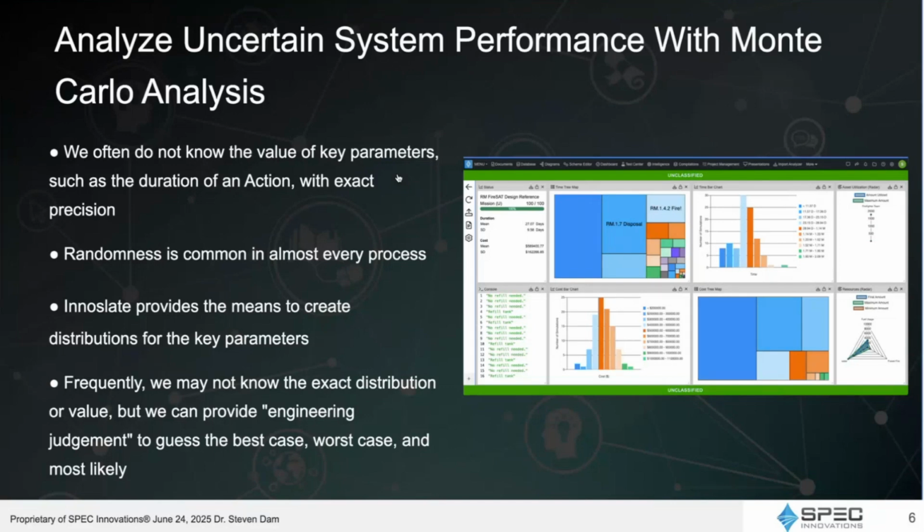And then as time goes on and you make measurements, you get results from design engineering processes and their development work. You should take those results and bring them back into Innoslate. We can curate anything from other design engineering tools as artifacts. But what we want to do is extract the data that's important, the essential elements of information that we want to bring into our model, and then use those distributions to